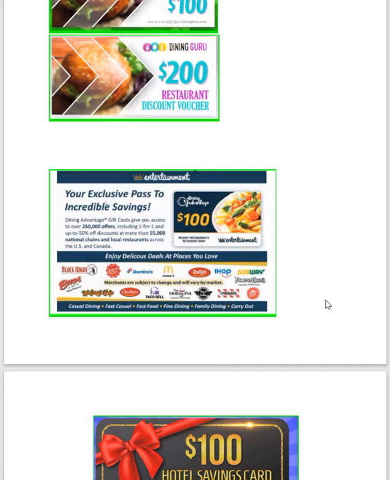Customers will be able to redeem these cards for a 2-for-1 deal or up to 50% off. If you live in a country where they do not offer 2-for-1 deals, this is very famous in North America. A 2-for-1 deal means once you buy one meal, you get the second meal for free. So if you buy a $10 meal, you're going to get another $10 meal for free. And also you will get up to 50% off discount.